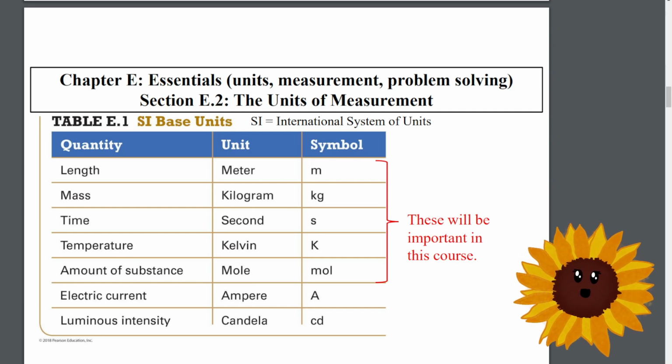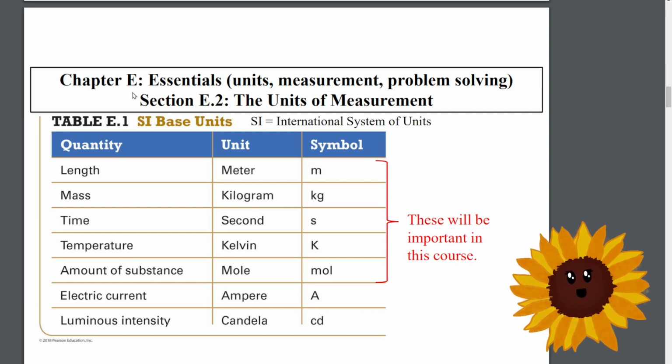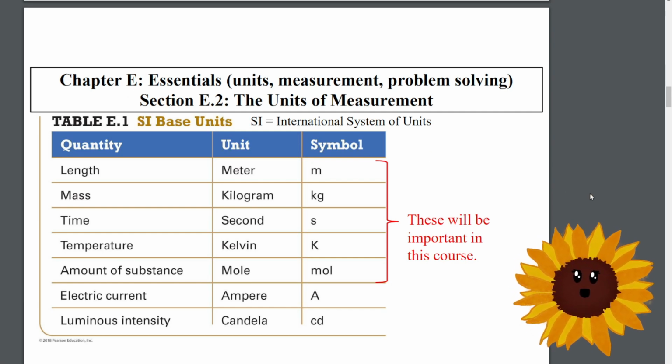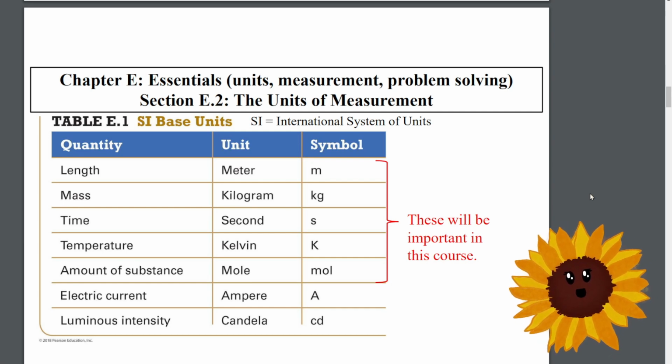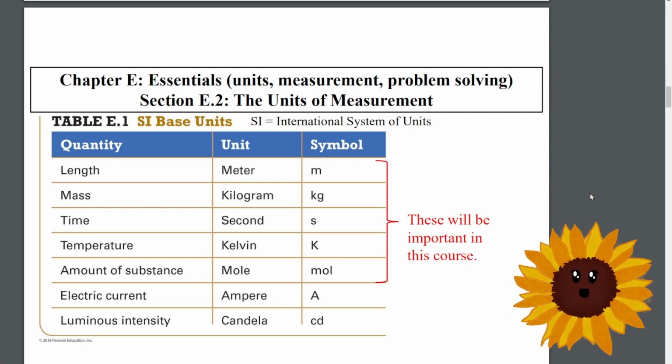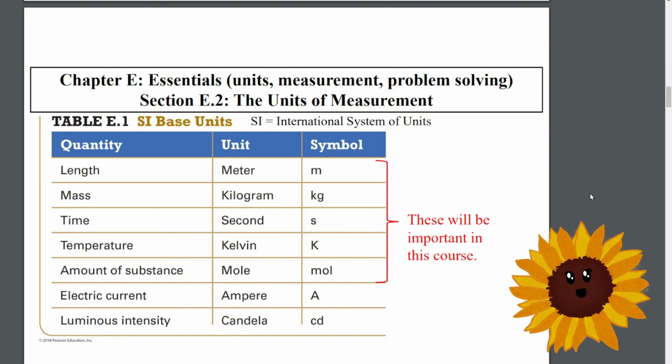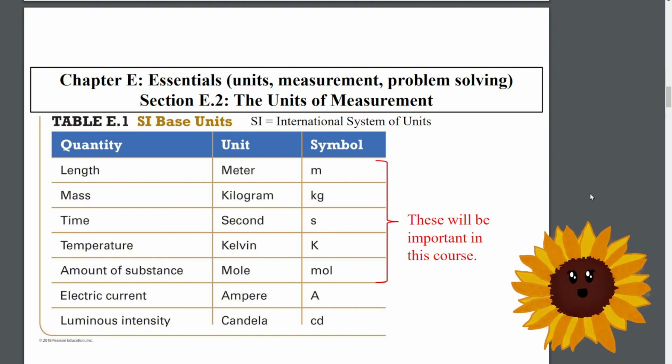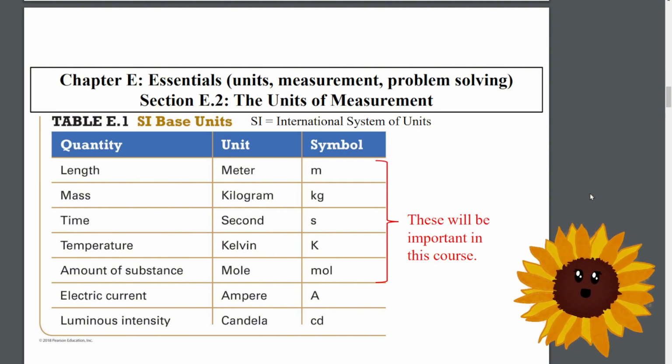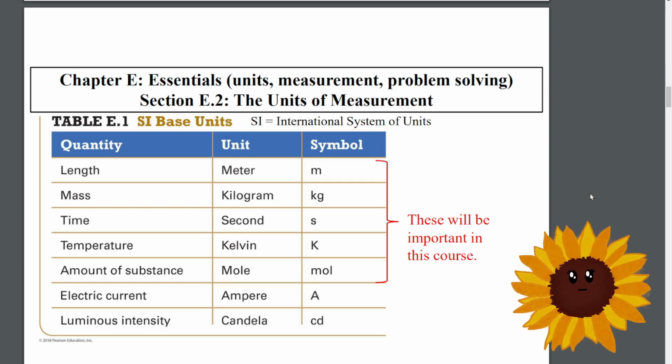So getting into it, we have here chapter E. This is basically your base, the foundation of General Chemistry. General Chemistry 181 is what we're starting in. There are also earlier General Chemistry classes like 111, which is more of a high school class. This is kind of like high school chemistry, but it dives into it a little bit deeper,